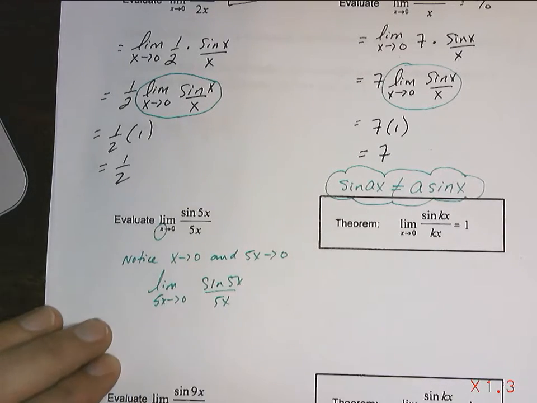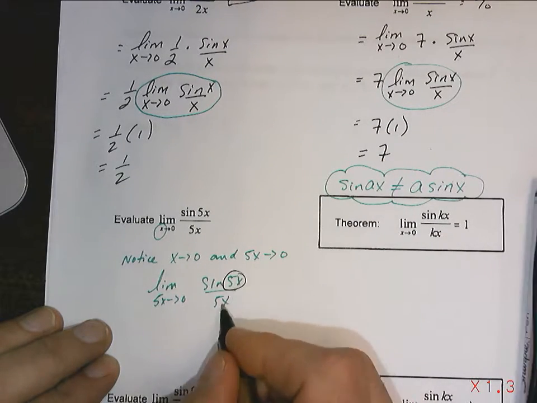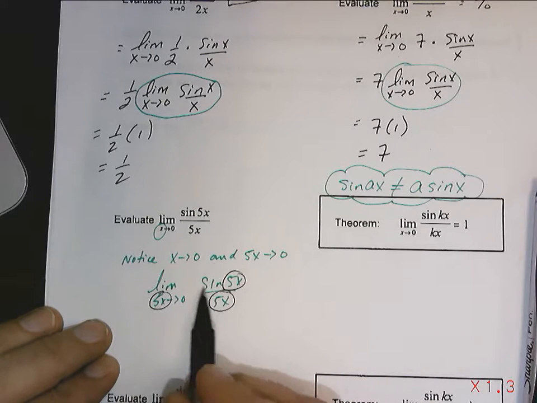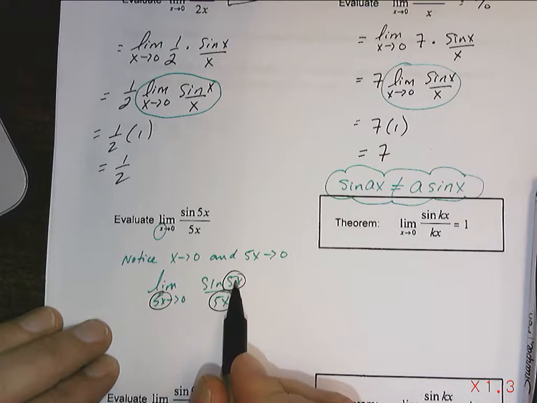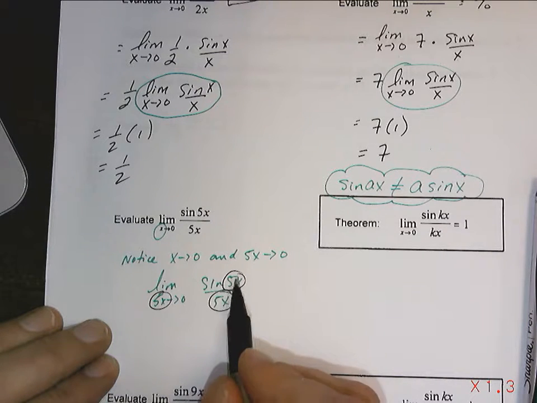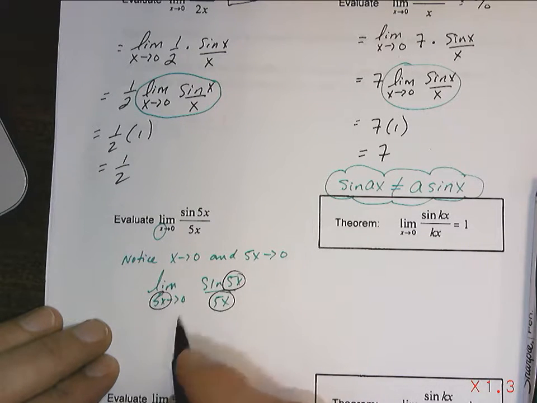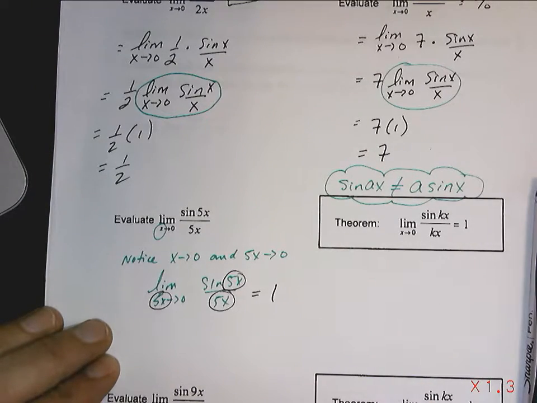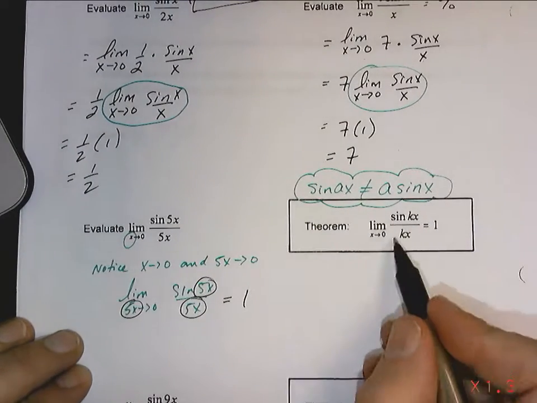I haven't changed the question here. Notice that I've created this pattern, however. So I'm noticing that it's sine of a over a as a approaches 0, or sine of x over x as x approaches 0. In either case, that's going to equal 1, which leads us to this theorem,